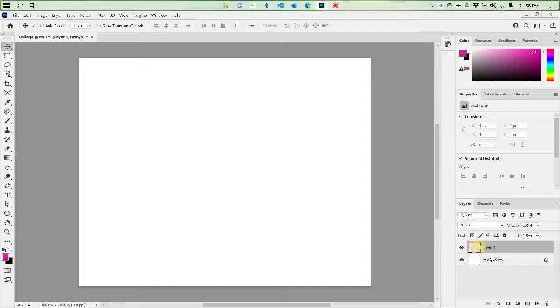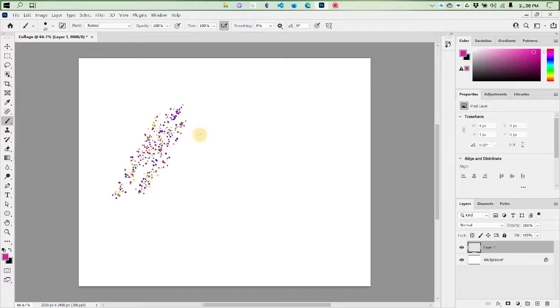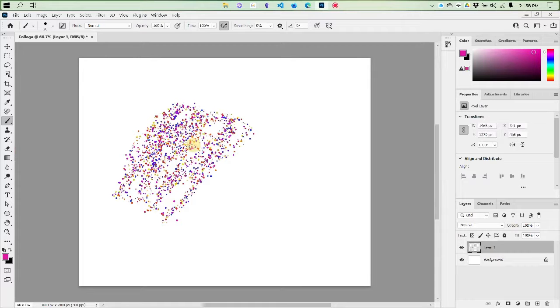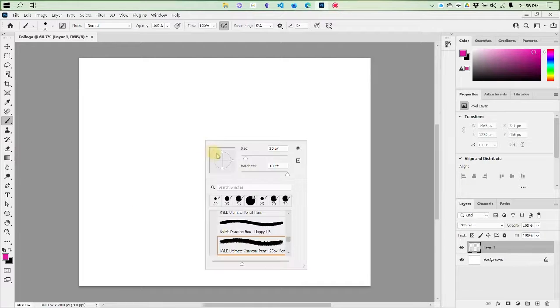And you can see now that my layer has a little gray and white checkerboard. That is Adobe's way of saying there's nothing there. It's just empty pixels. So I'm going to play with a paintbrush and draw some stuff. And that's from something I was doing the other day, so I'm going to actually go back to a normal